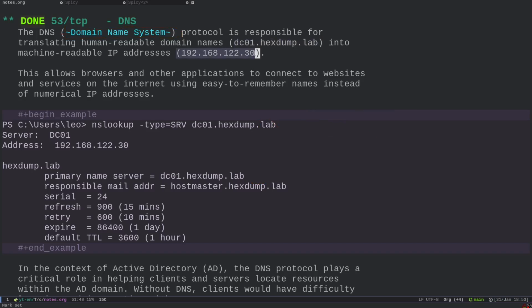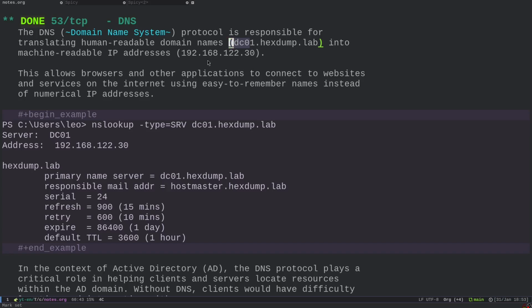As humans, it's really hard to remember a specific IP address, and this becomes even harder when you don't have one machine, but maybe you have 20, 30, or 100 different machines. If instead you have a well-structured domain name system that enumerates all the different domains in your directory, it's much, much easier. You know, maybe you can have